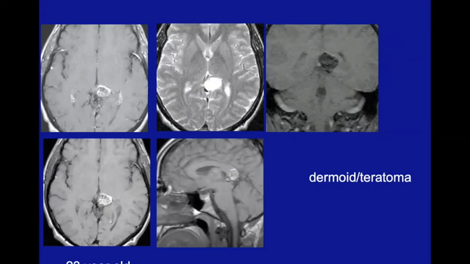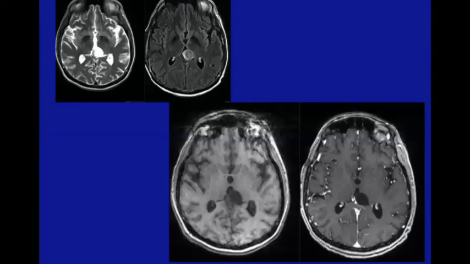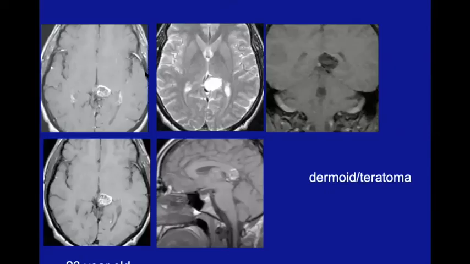So I think that this one, this never went to biopsy. You notice no edema around it. This is somewhere in this family of dermoid or teratoma, but I just want to make you aware of this variation of appearance. And this is in the family of things that you'll see in the pineal region. Here's another lesion